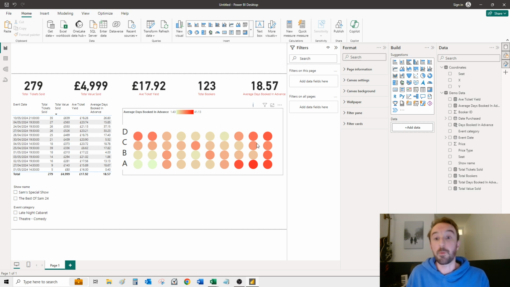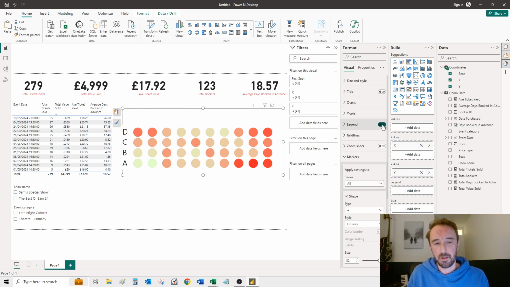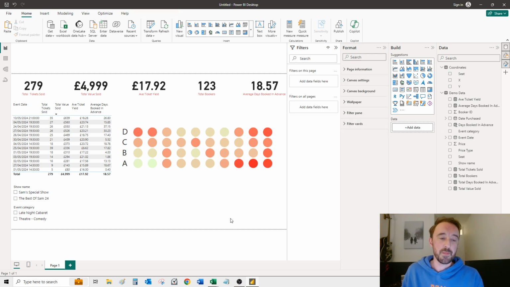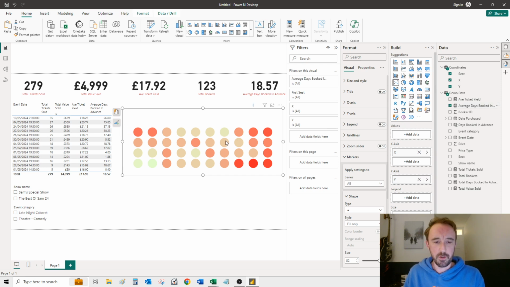So we look like we've got heat mapping on the venue. And you'll notice everything's moved around a bit because this legend's popped up. So I'm just going to bin off that legend. And here we have it. We have a dashboard with heat mapping for all the individual seats. Now I can't see exactly how many days on average they were booked in advance, but we're going to again add something onto the tooltip. Average days booked in advance, drop that down, hover over, 10.5 days that seat,